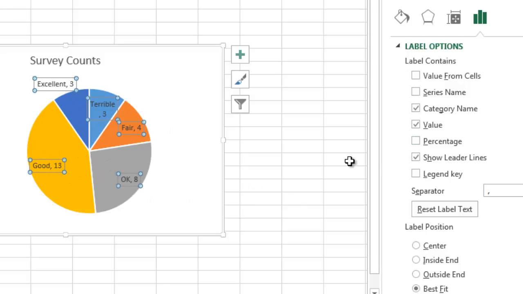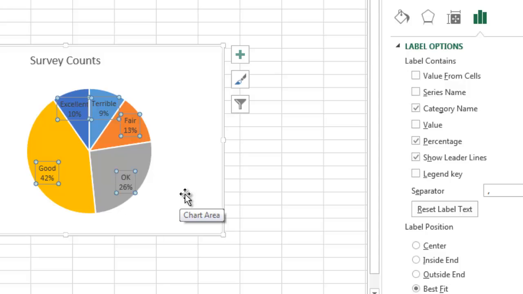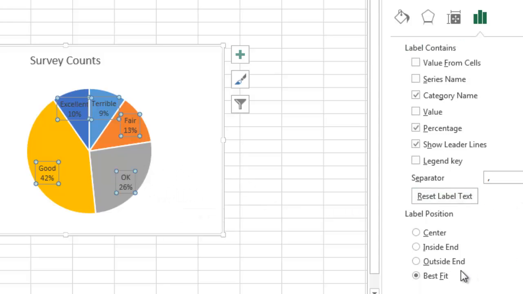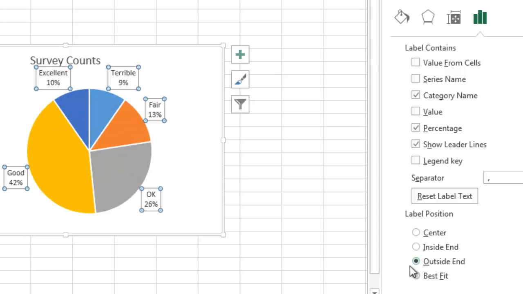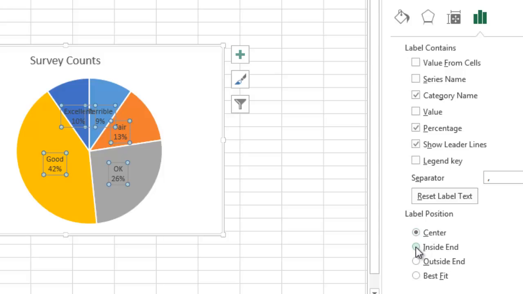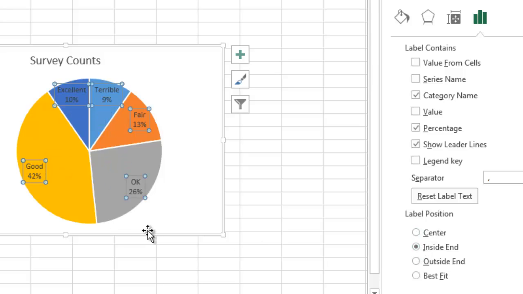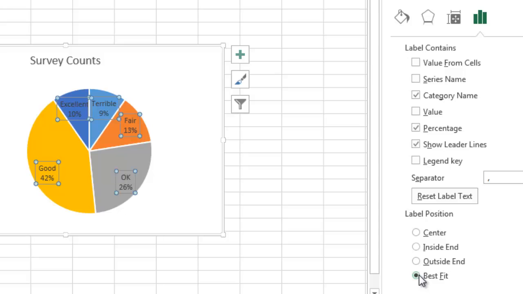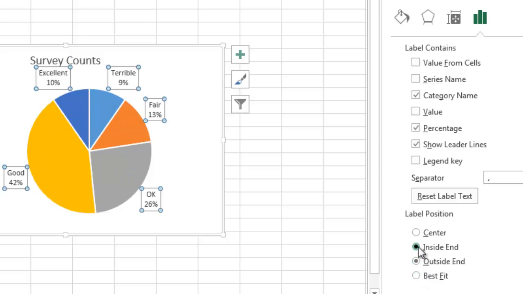And you can put the number in there or you could just leave it out. I'm going to uncheck the value so that the numbers are not in there, but then I'm going to put the percentage in there because that might be a little bit easier to read for a user. And then the other thing you can do is change your label position, like you can click outside end where you put it right there. You can put it towards the center, which may be a little hard to read. You can do inside end. So any way you want to do it, or you can click best fit and it will do it for you. So I'm going to do inside end